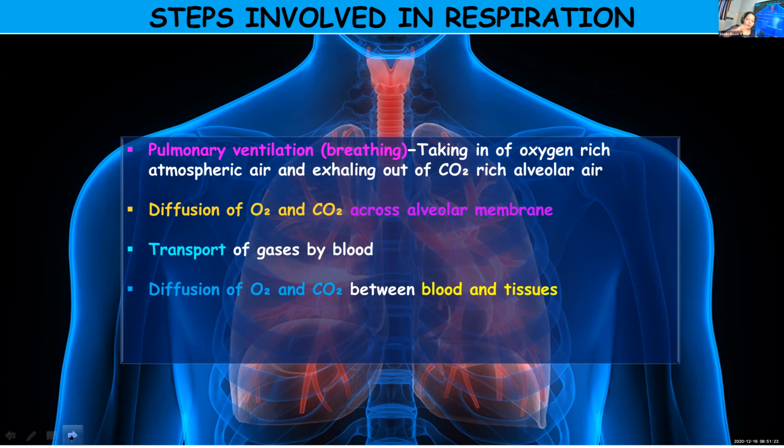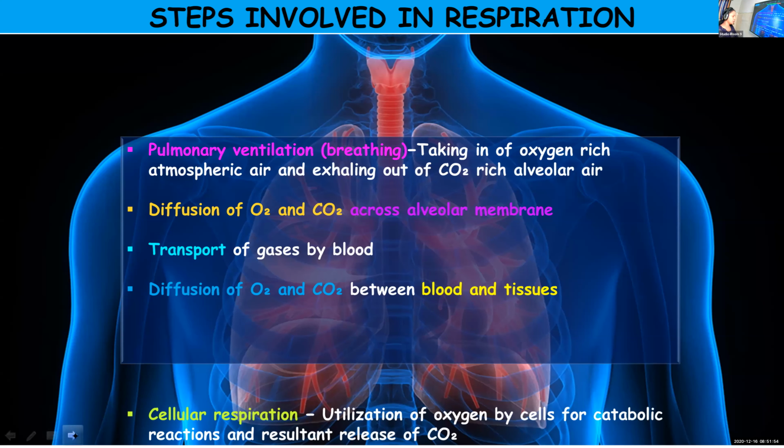But the oxygen which the blood has received from the alveoli will be taken to each and every cell. And once it reaches the tissues or the cells, again the exchange takes place. From the blood, oxygen goes into the cells, and from the cells, carbon dioxide already formed will diffuse out into the blood. And this process keeps on going. Okay? Michael, you're following? Yes. Any doubt, you can ask me to repeat.